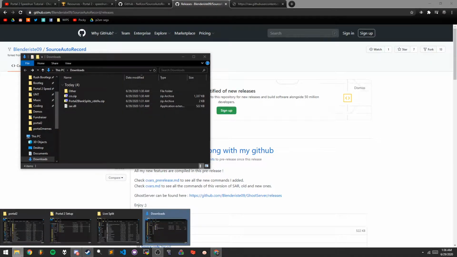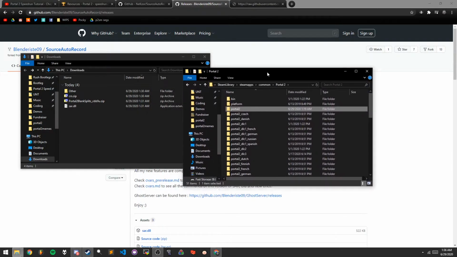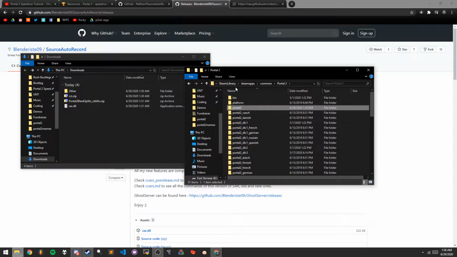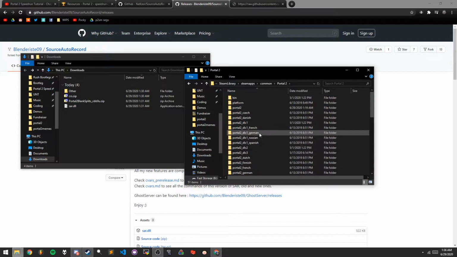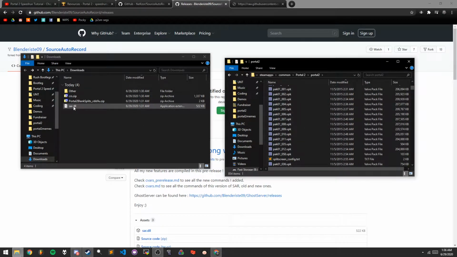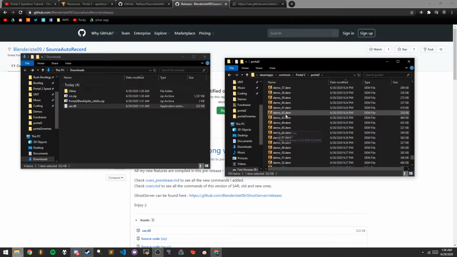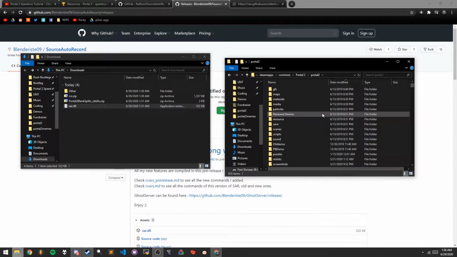So the next thing you want to do is locate where you have Portal 2 installed. Depending on the person, this is going to be different. For my example, I have it on an external hard drive, but it's your Steam apps, Common, Portal 2, and then Portal 2 lowercase is typically where everything will go. So installing, quote unquote, SAR is as simple as just dragging it into Portal 2. I think it will work from either uppercase Portal 2 or lowercase Portal 2, but I always use lowercase personally, so